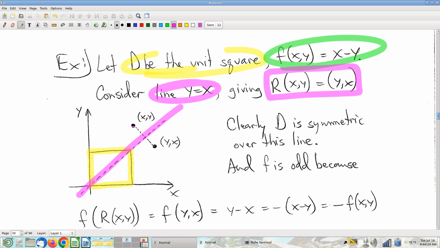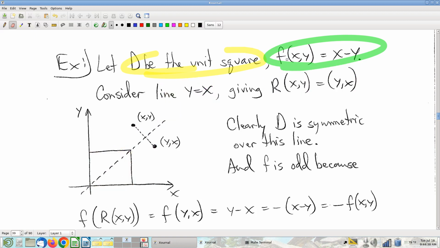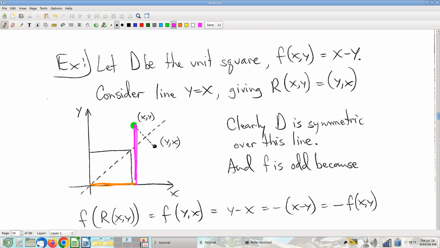Now, this is a geometry argument that you've got to kind of think through. But if you give me a point x comma y and flip it over that line, the x becomes the y and the y becomes the x. If you don't like that argument, then let me draw a little picture here. If I think about this point, start it in green. That point has an x coordinate, and it has a y coordinate. And now let's ask,